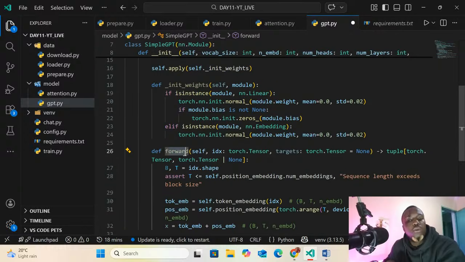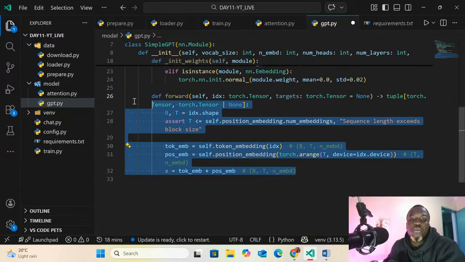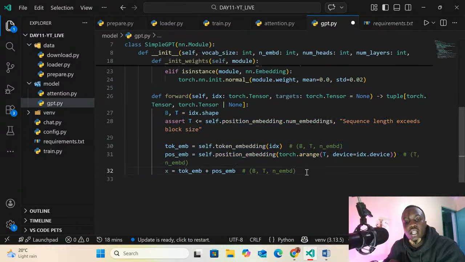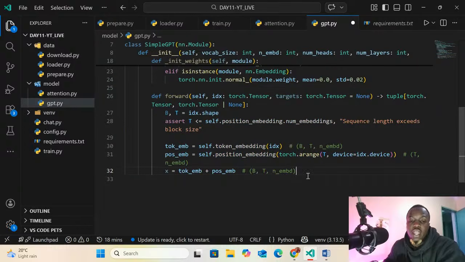So basically, we are doing the benchmarking way ahead, way before we produce the model.